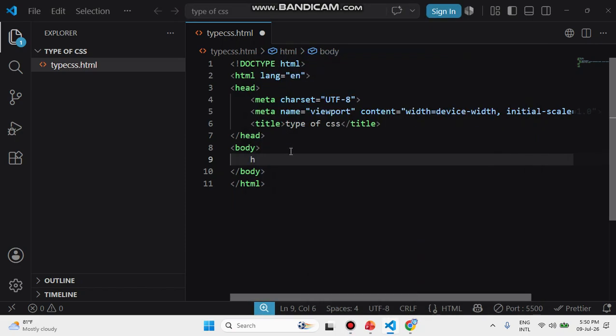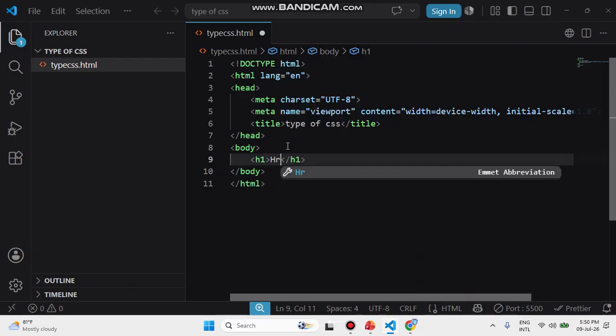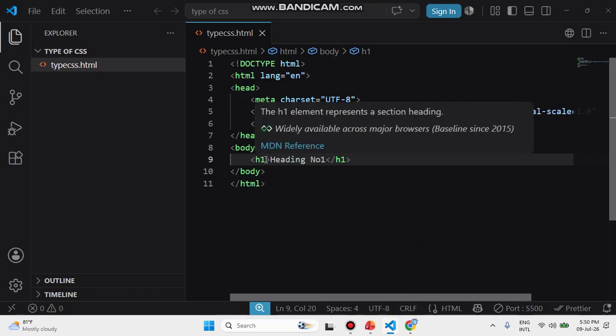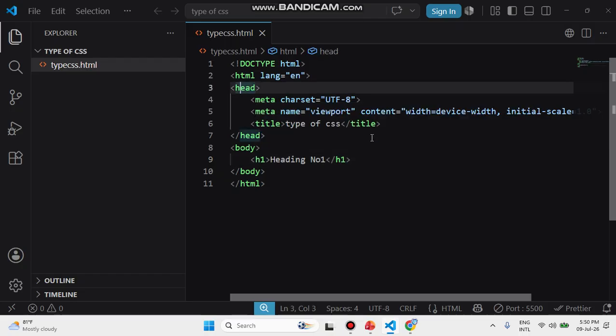Okay, let me start again back. Let me take to the h1 tag over here. Okay, let me go back again. I have the heading number 1 here. Okay, Control S saved. Right now, if I want to apply the internal CSS, meaning inside of my heading section,